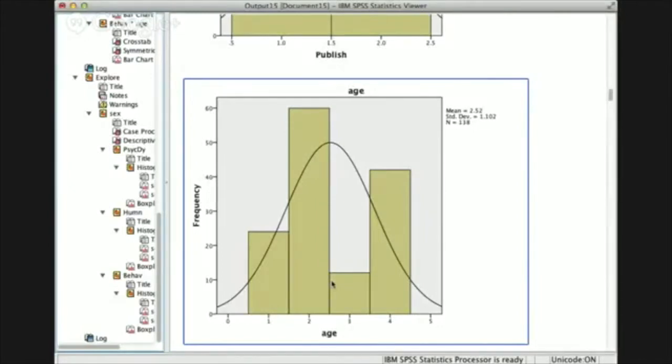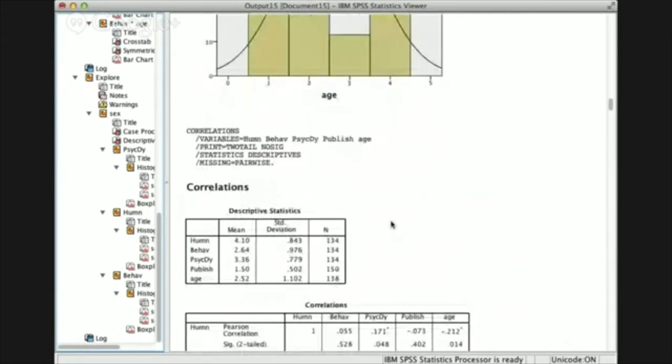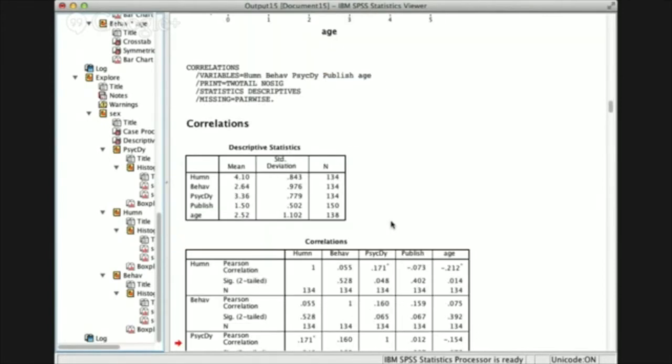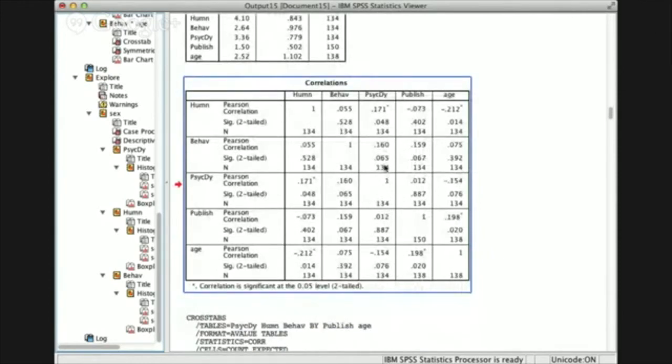The 2 age periods you see across most of these 3 models are 1955 to 1970 and 1985 to present day. So the silver age and the modern age are the 2 most common comic book ages. Next, I ran a correlation. I wanted to see how well the models were related to each other, along with age and the publisher. I was really curious whether, if they fit into one model, they would fit into the other ones that had similar criteria. And what I found was that the humanistic and the psychodynamic had a significant correlation,